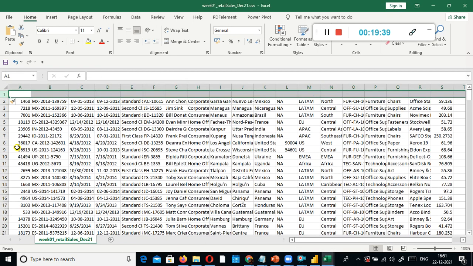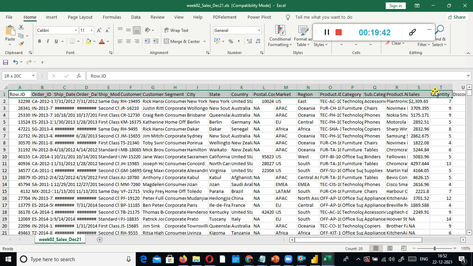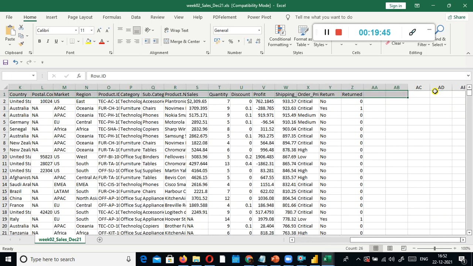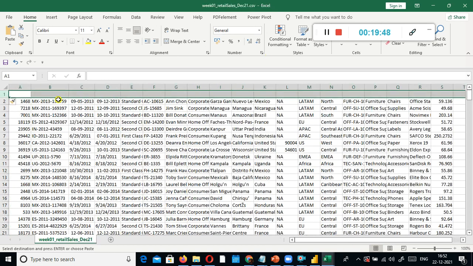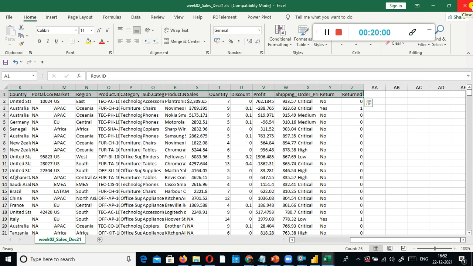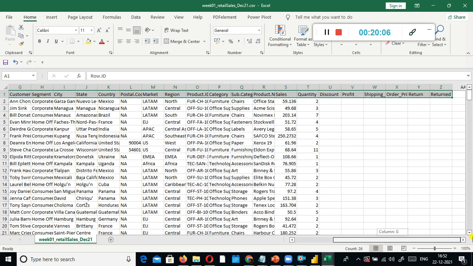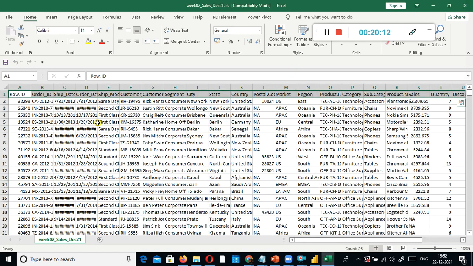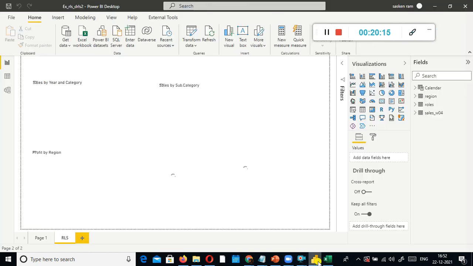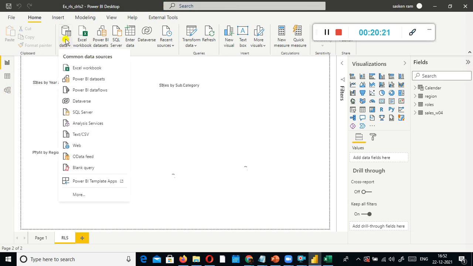Insert, I just take this column name. Yes, week 02 has all the columns. Though data was not there, the column is there. That is good. So now I just go here and re-upload this file again.